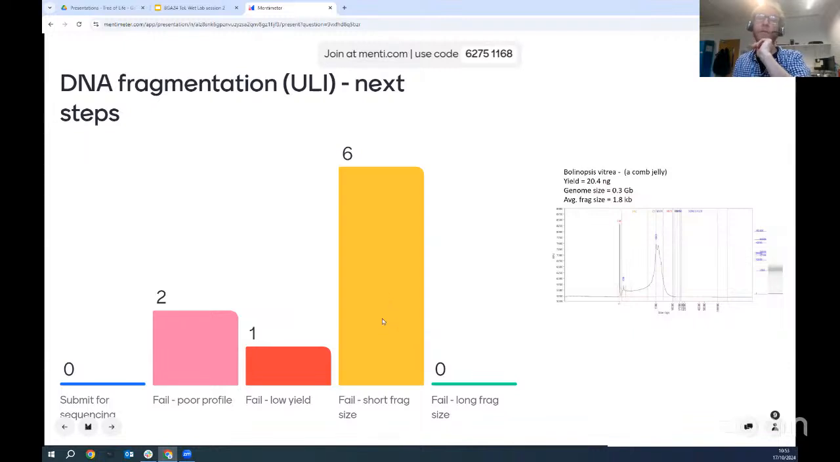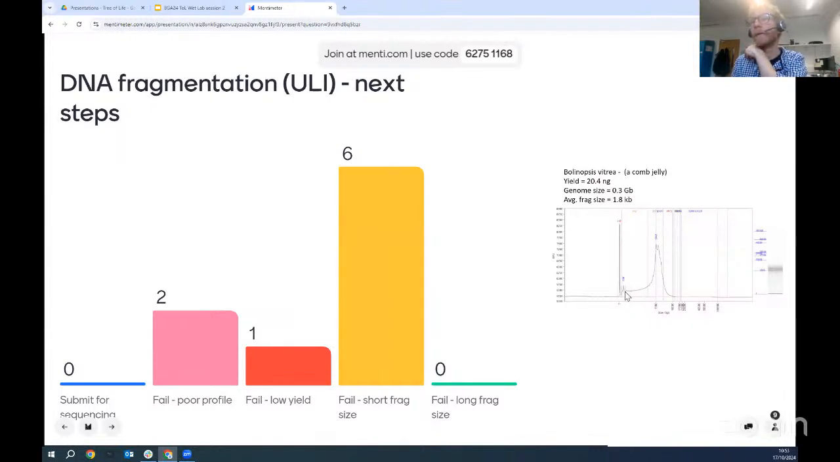So yeah, short average fragment size. We're sitting at an average fragment size of 1.8. But equally, deciding that it's a poor profile is also correct. I would lean more towards saying that it's a poor profile, because you can still have a short average fragment size that has a beautiful looking peak, but it's just too short. Whereas this one,